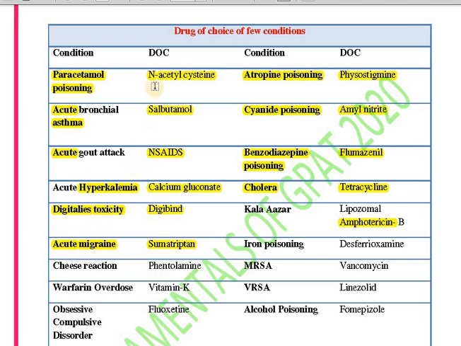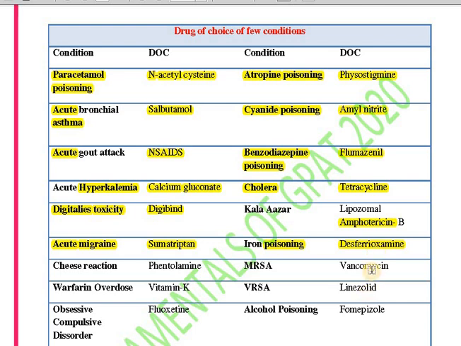Then paracetamol poisoning का भी क्वेश्चन आ चुका है. साइनाइड पॉइजनिंग का क्वेश्चन आ चुका है. आपका बेंजोडाइजेपिन का पॉइजनिंग का क्वेश्चन आ चुका है. So it is important, this table is very important. Next condition is iron poisoning. In case of iron poisoning, you have deferoxamine. Deferoxamine is used as a drug of choice in iron